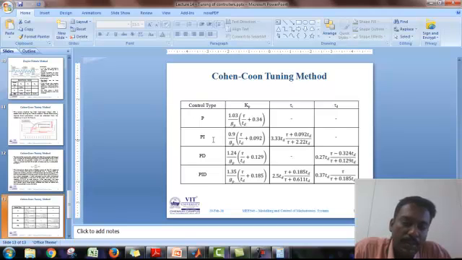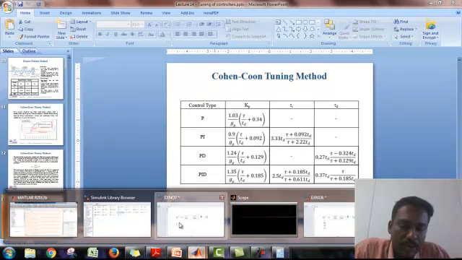If you want to go for the PI controller, apply the same values and try to find the proportional gain and the integral gain. And to come to the proportional derivative controller, find the corresponding proportional gain and the derivative gain. If you want to propose PID controllers, go for proportional gain, integral gain, and derivative gain. Okay, so this is the method we have to adopt in the